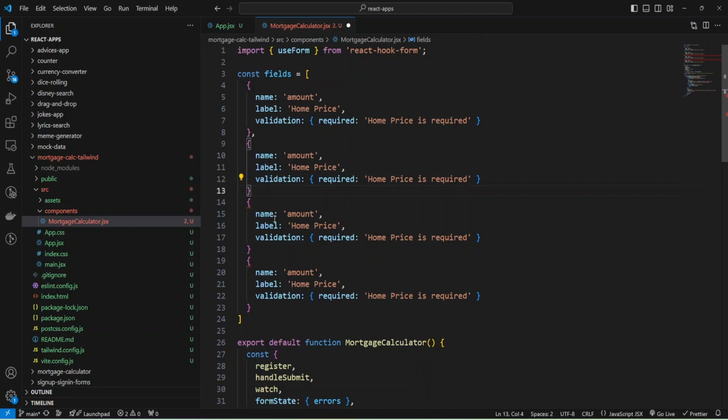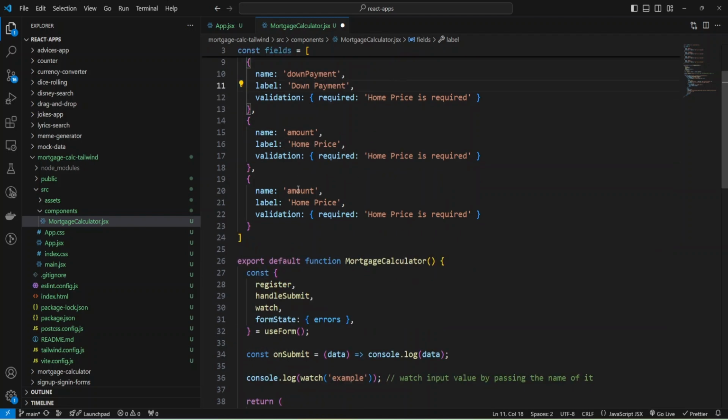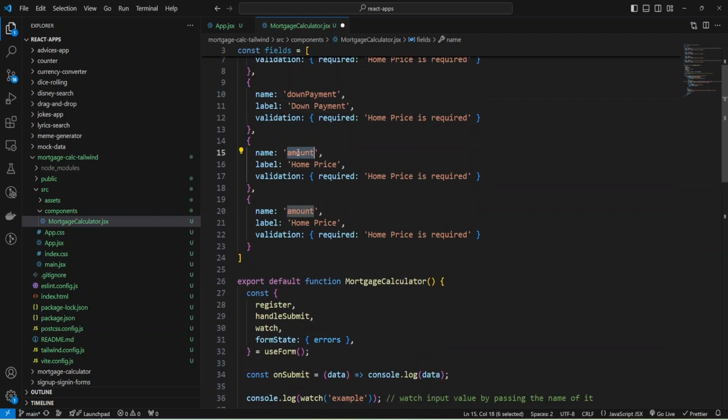Let me add commas, and the second field will be down payment, and also label will be down payment, and the next field will be interest rate, and label will be also interest rate.